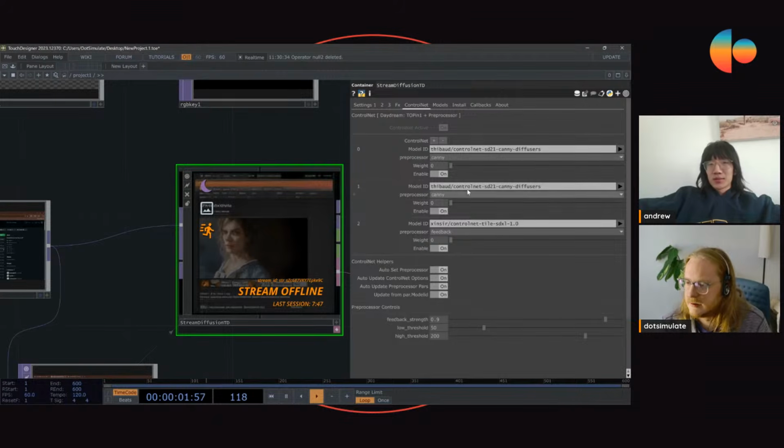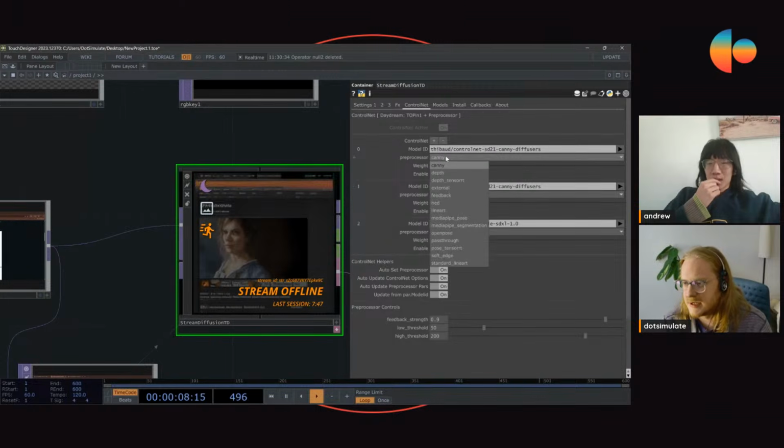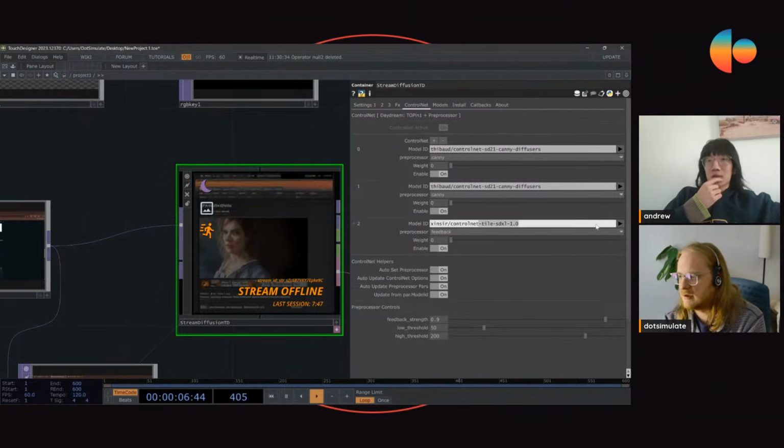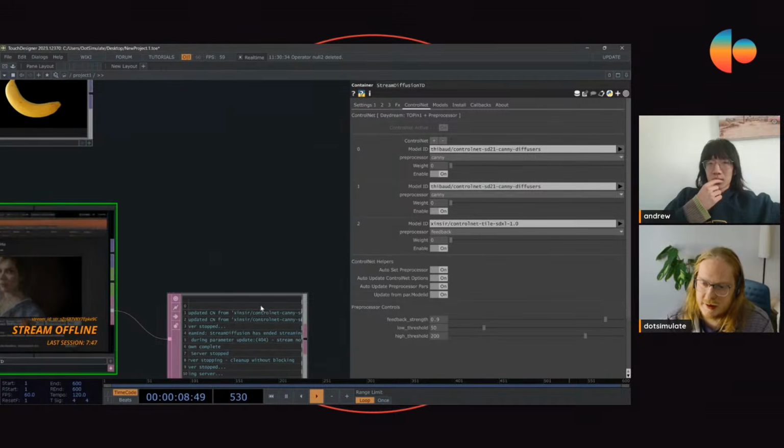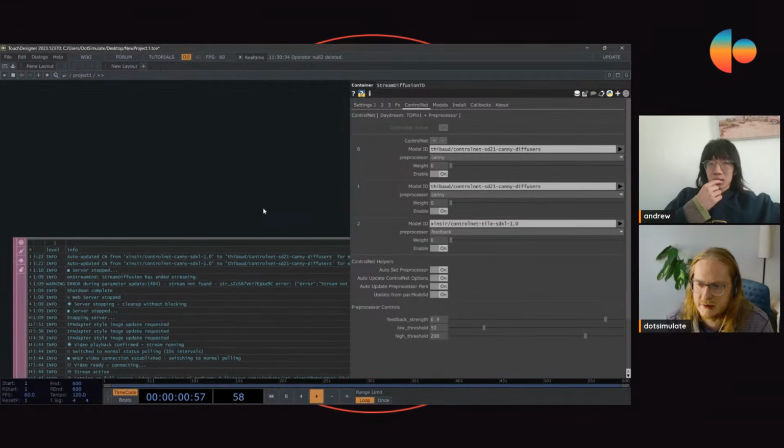And now we have 2 things, which are canny diffusers, which I just switched it to canny right there at the very last second. So they both switched to canny, but then the SDXL tile doesn't have a compatible twin in 2.1. So there's probably some sort of warning